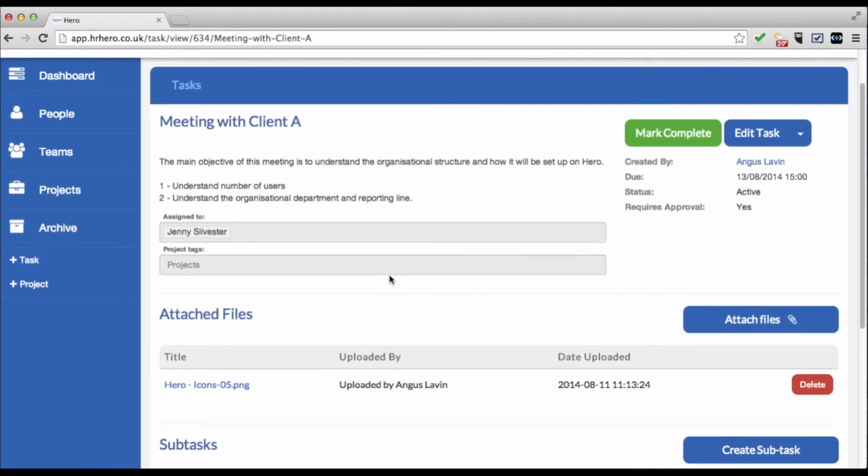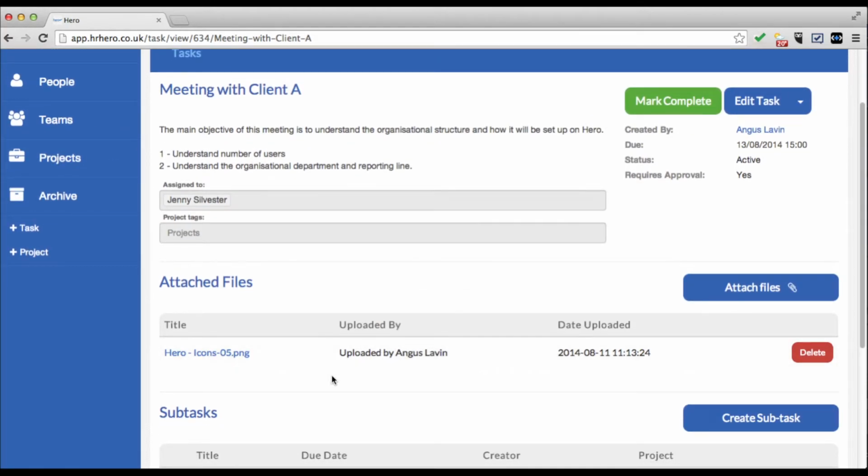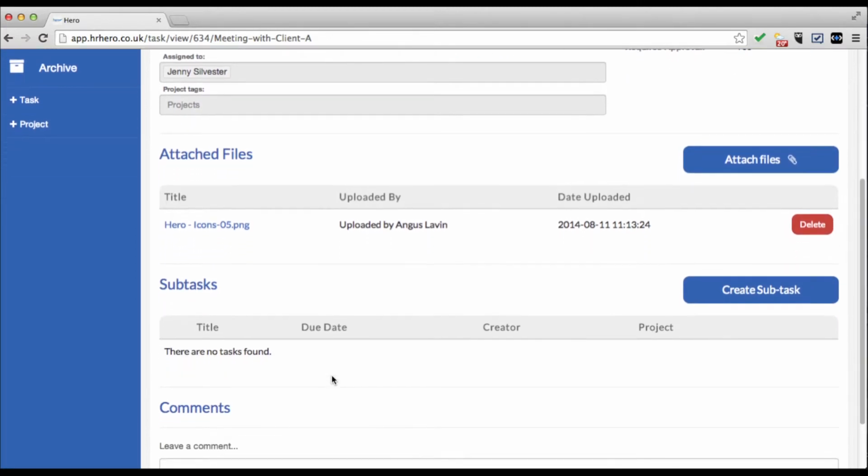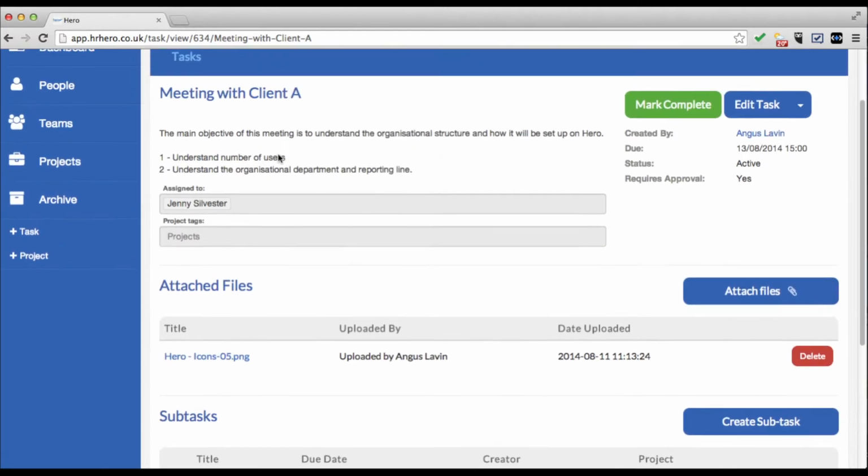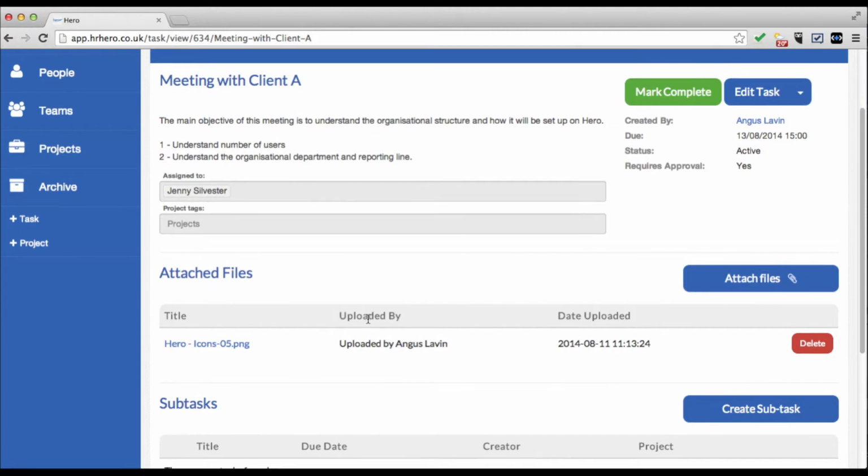Sometimes we have project reports and things like that, and templates that we can add in underneath. So that's the type of work you do. So this is for this main task here. Now, after meeting with client A, I want Jenny to meet with me and do a run through before. And as you can see, it's only in a couple of days' time, because we're now on the 11th of